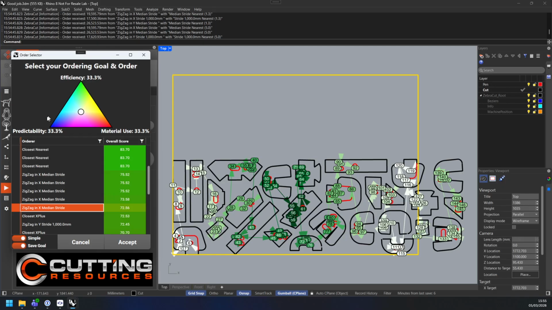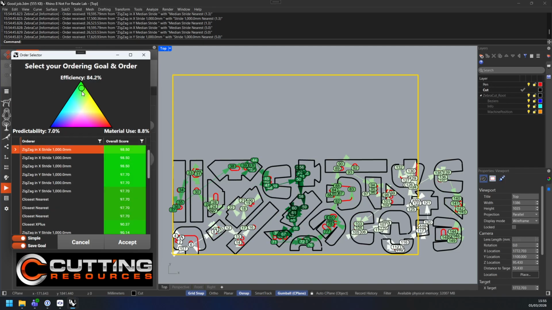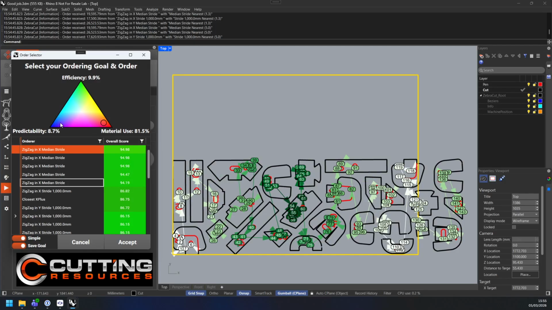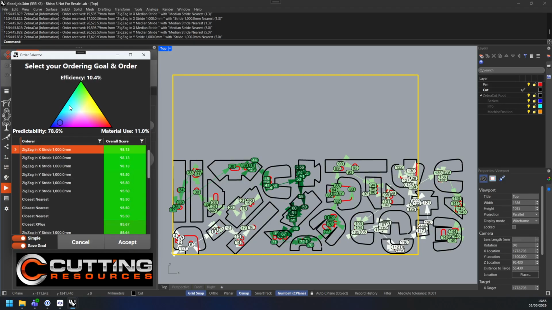You have three kind of goals that you're always going to have to trade off. There's three different things to trade off here. I'm going to represent that on the triangle here. So you give the software a goal, and it will give you the order that is best for those goals, and you can obviously balance those goals appropriately. So the three goals: